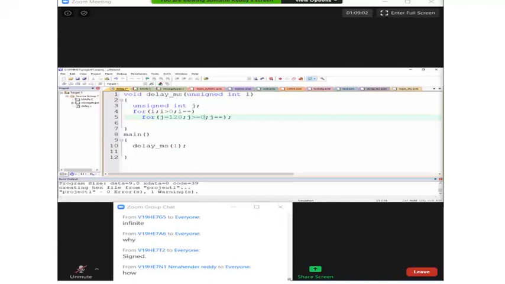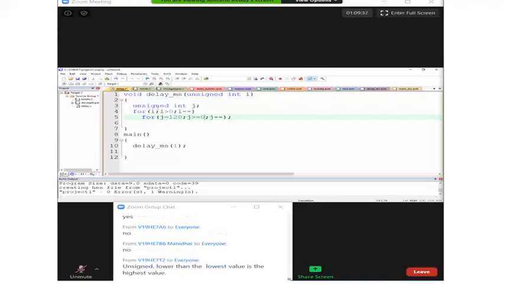After 0, when it decrements, normally you are expecting it should be -1. But unsigned, can it be a -1? No, it will become a highest value. That highest value is again positive only. That positive value, is it greater than or equal to 0 or not? Yes. Is it ever becoming negative? Unsigned? No. Means it will become infinite loop.